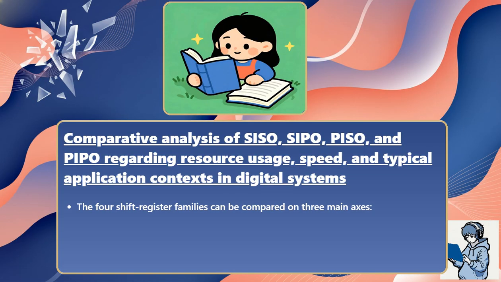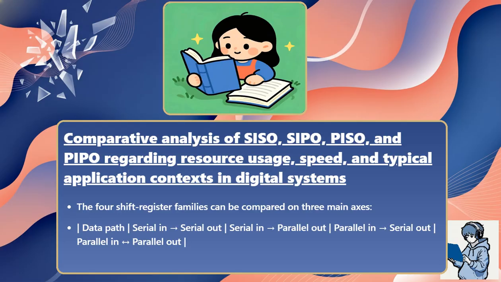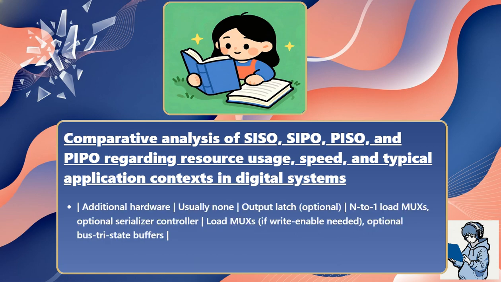The 4 shift register families can be compared on 3 main axes. Data path: serial in serial out, serial in parallel out, parallel in serial out, parallel in parallel out. Resource count: flip-flops, N for SISO, N for SIPO, N for PISO, N for PIPO, same as others. Additional hardware, usually none, output latch optional, N-to-1 load multiplexers optional, serializer controller, load multiplexers if write enable needed, optional